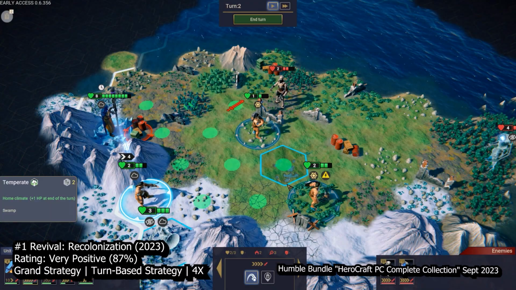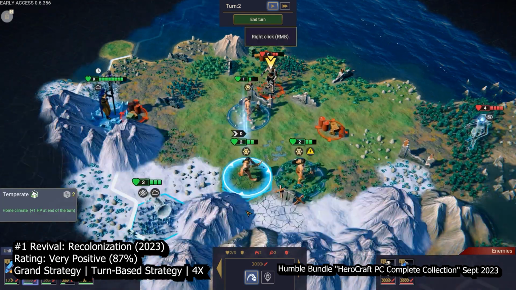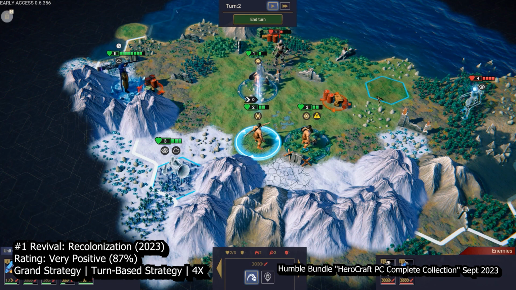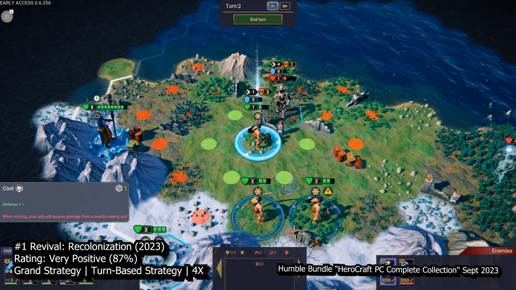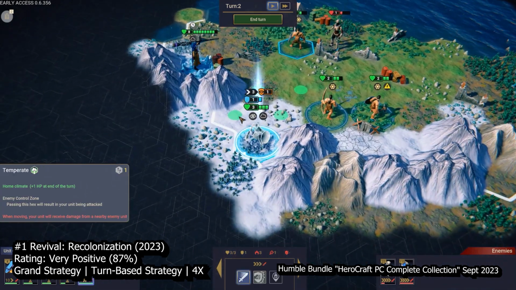At number 1 we have Revival Recolonization, a 4X strategy game. This post-apocalyptic gem offers a dynamic and constantly evolving world that keeps you on your toes. The game world is ever-changing. Imagine a game where at any moment, significant events can reshape your entire strategy. From unpredictable weather shifts to unexpected zombie infestations and sudden weapon restrictions, Revival Recolonization ensures that no two playthroughs are